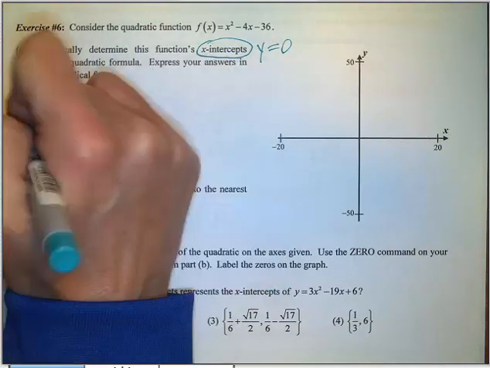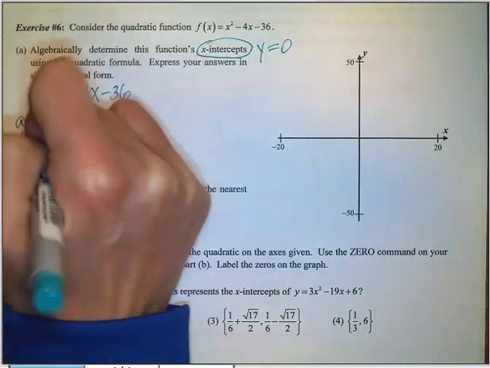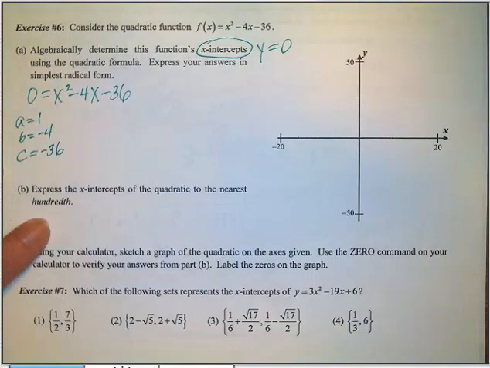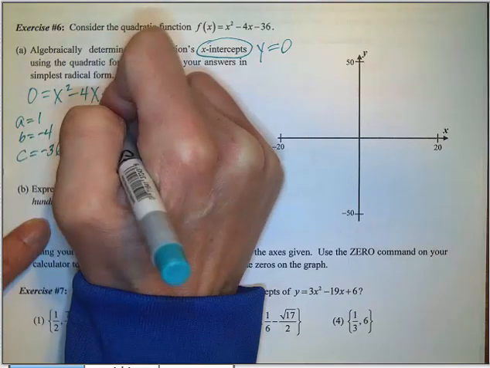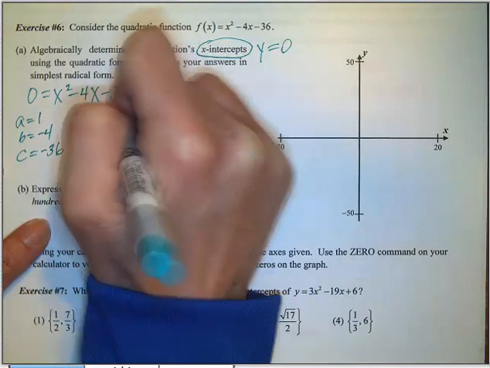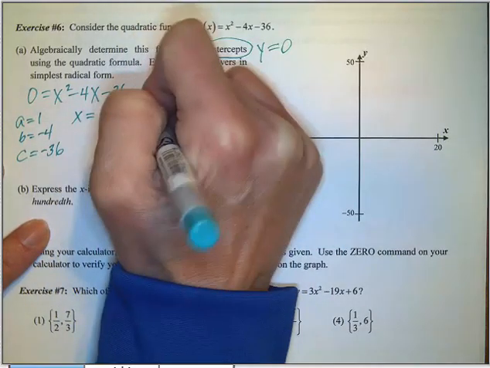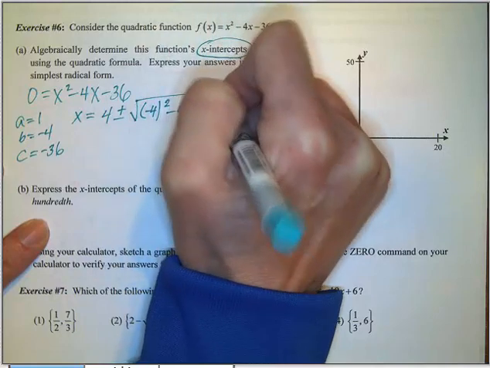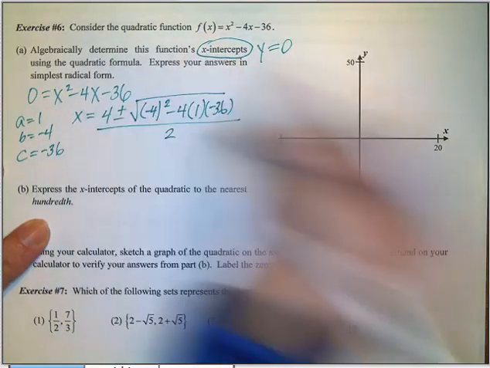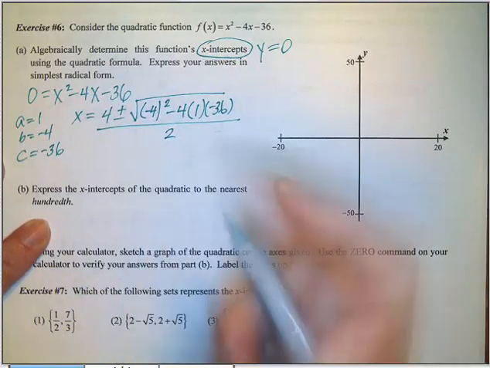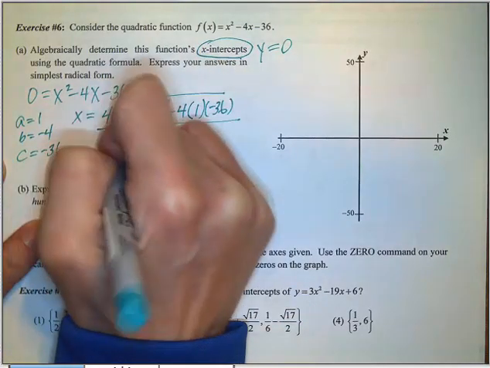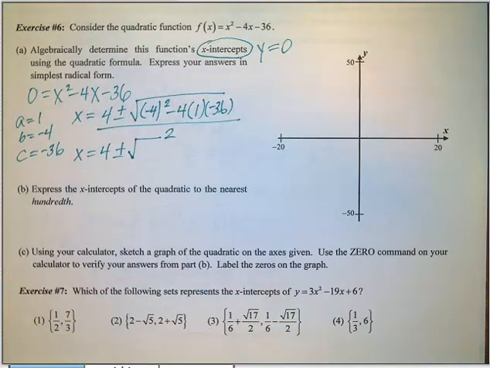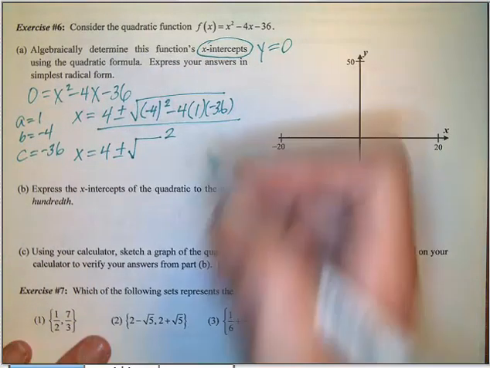So a equals 1, b equals negative 4, and c equals negative 36. So x equals negative b, which is 4, plus or minus the square root, negative 4 in parentheses squared, minus 4 times a times c, all over 2a. Since a is 1, we just get 2. So x equals 4 plus or minus, well, we've got to plug that in the calculator, and we get 160